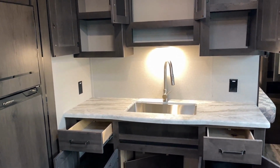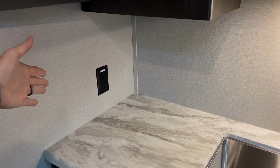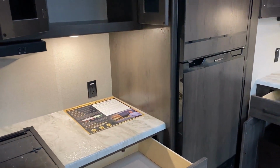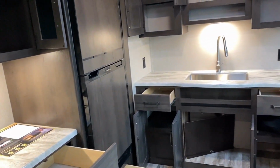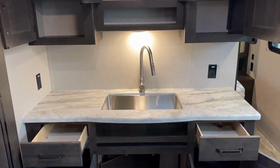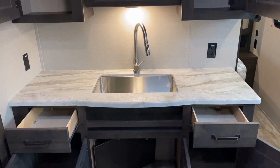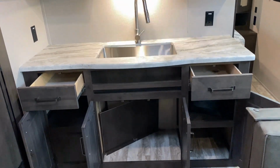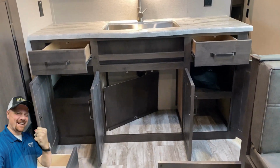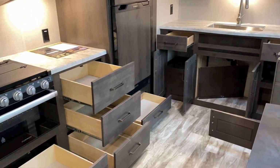Now, one of the benefits that goes very unsung in a stick and tin camper build is very easy to run wiring through the walls. So putting appliance outlets where they are far easier to reach and use is a serious benefit of this style of construction. Our countertops are all sealed edge pressed membrane. You've got a big farm sink right there. The Explorer series, I don't believe, comes with sink covers, but again, those little rollaway dish drying racks, it's just easy stuff that we could get for you, whatever the case may be. Wastebasket space below the sink, all kinds of shelving, drawers galore over here, including one under the